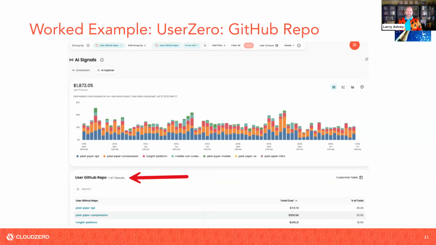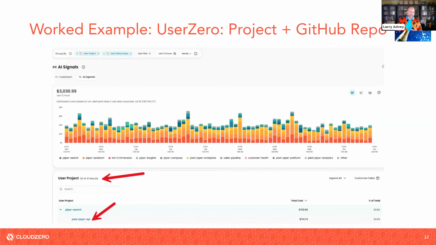GitHub repository is something that comes up as well. So now as Larry's doing work, I can see which GitHub repository, how much cost with what models, what tokens, et cetera, are going to that actual repository. And then with repository, you have project or Jira Epic or however your allocation hierarchy works, right? Getting that source level granularity data allows you to build on top of it. So then you can answer, well, how much did we invest in this particular project over its lifetime in AI specific development costs? And that's something that we provide.